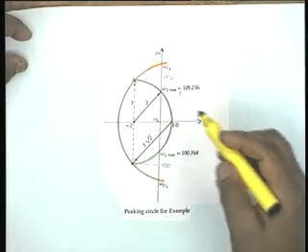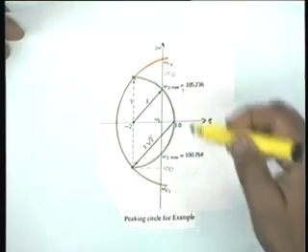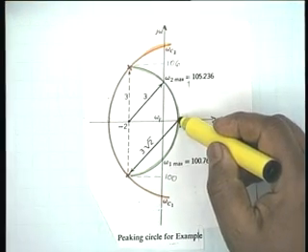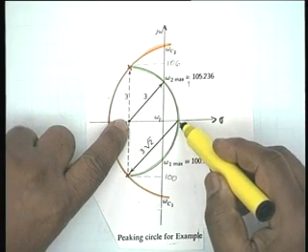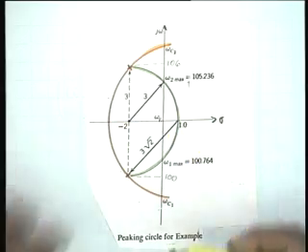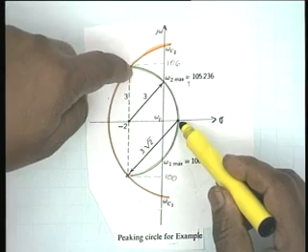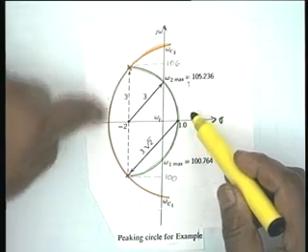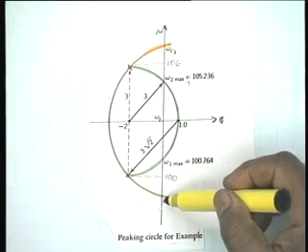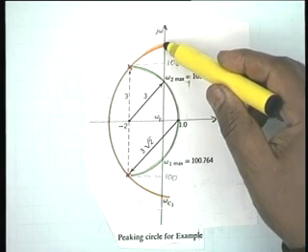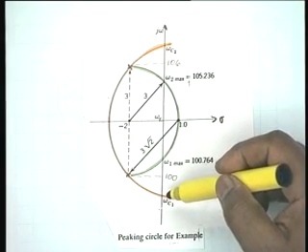For the bandwidth, you see the peaking circle intersects at 2 points, omega 2 and omega 1, and it intersects the sigma axis at this point, whose coordinate obviously is 1, because the radius is 3, this is 2, so this is 1. Now, from this point as the center and the distance from this point to the pole as the radius, you draw the peaking circle, which is the orange circle. It cuts at 2 points, omega C2 and omega C1, and what we have to find is omega C2, and if we find omega C2 by symmetry, omega C1 shall also be found.